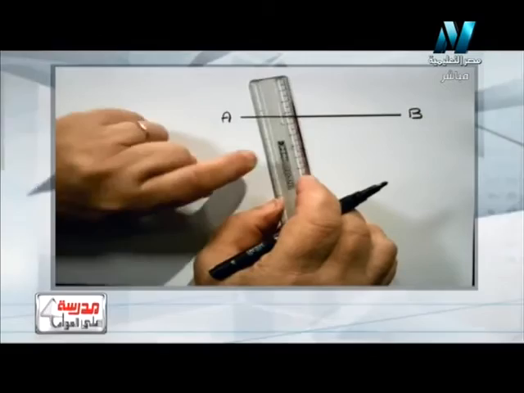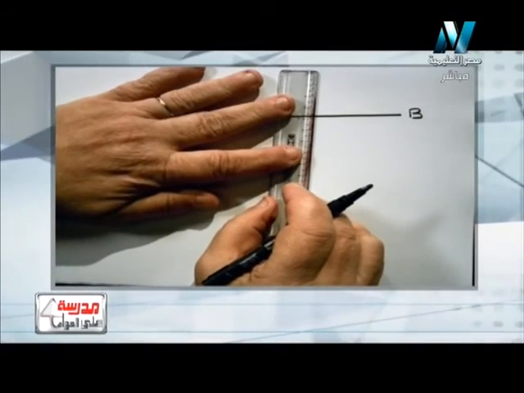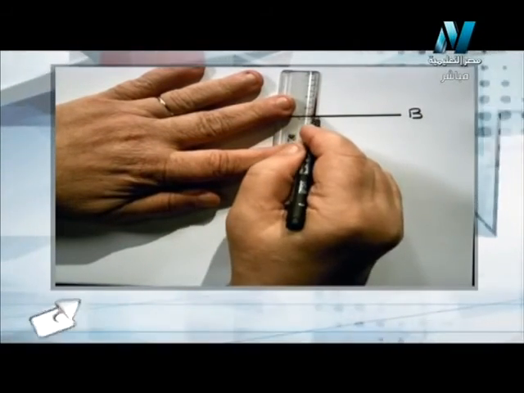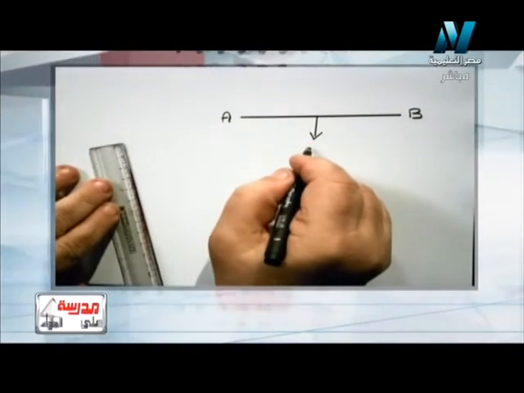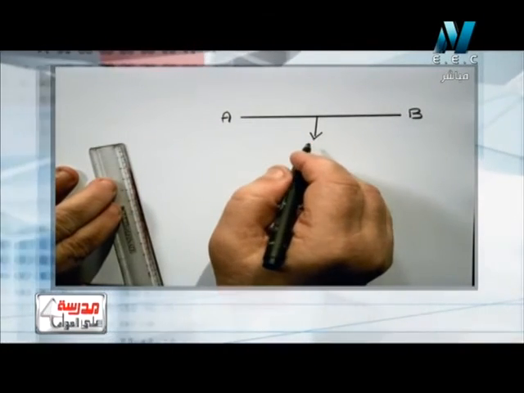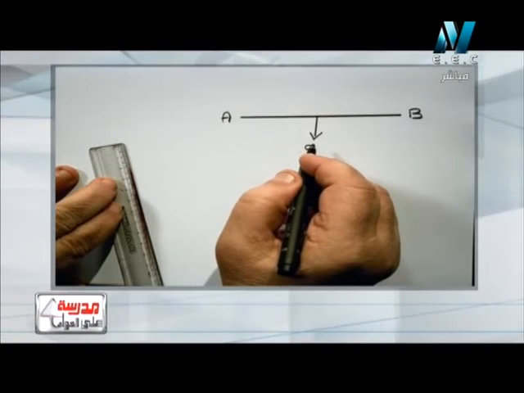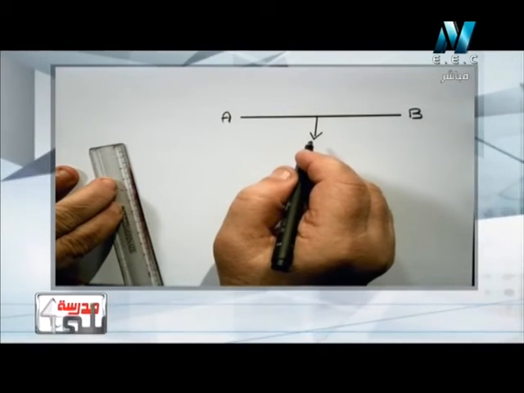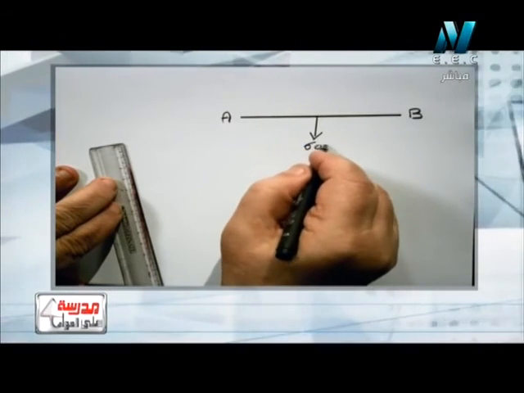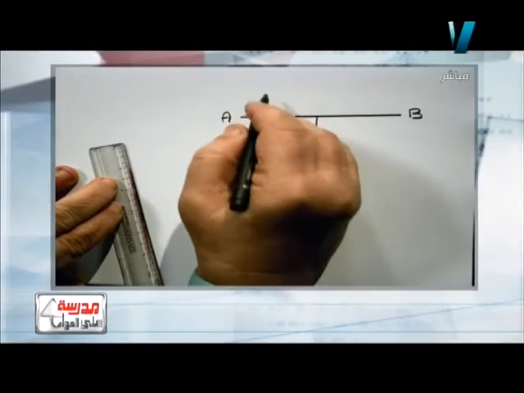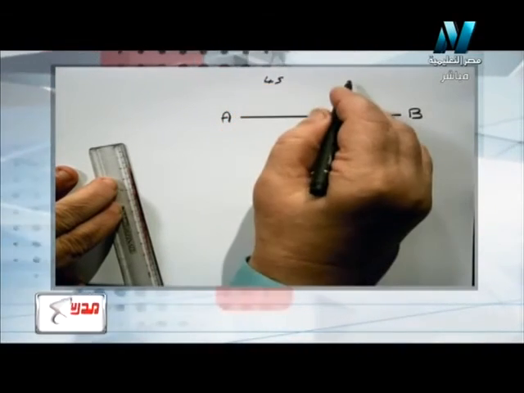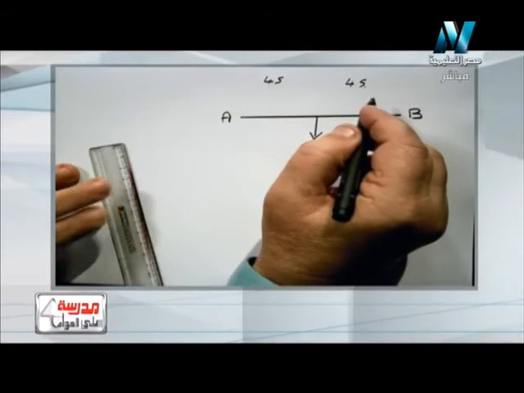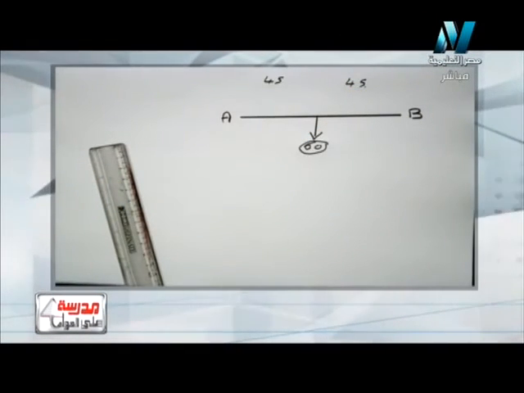of length 90 سنتيمتر، يبقى عندي 45 و 45, of weight 60 كيلو جرام ويت. هنا 45 45. بعد كده بيقول